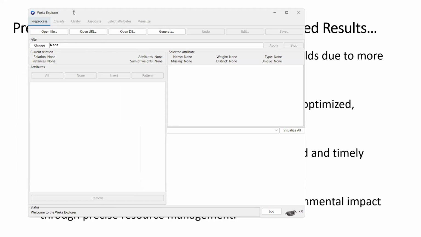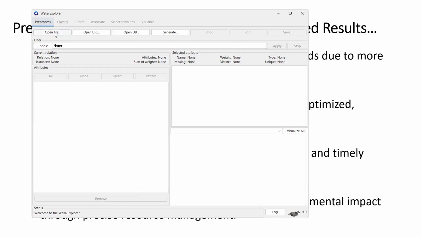Yeah. So in here, you open the data set you want to use. You must have prepared your data in a CSV file, which is just like Excel. It's the easiest way for you to prepare your data. If you are using Excel, that's fine. Put your data in Excel and then save as CSV. Make sure it's only one sheet in that file, and you save as CSV so Weka can accept it easily. Like I said, you can watch the earlier video on how you can install Weka. It's free software.